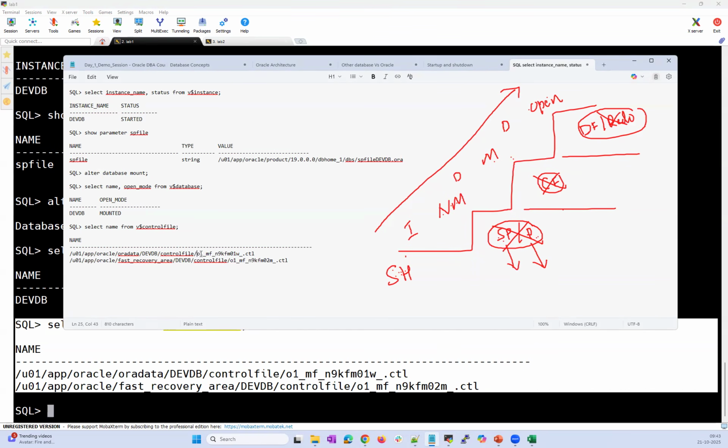In case one control file is corrupted, you have the other control file where you can just copy it and run your database back online. If both the control files are corrupted, then you have to restore your control file using your RMAN backup or any other method. Even one single control file is enough to run your database, but keeping multiple